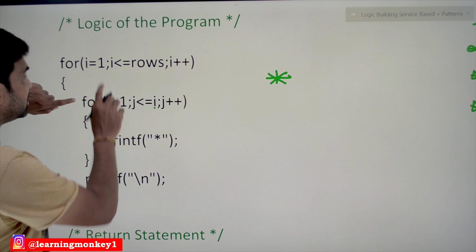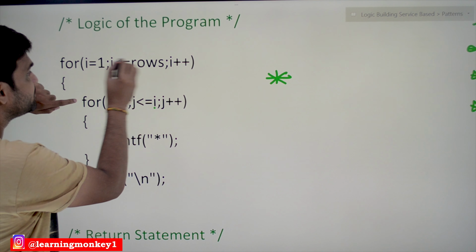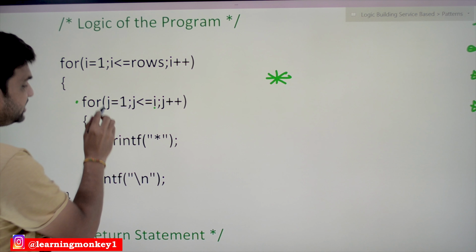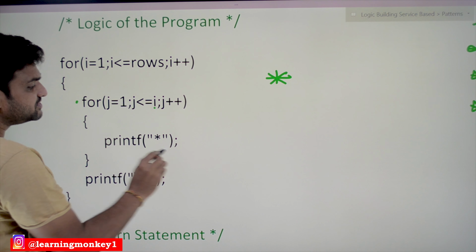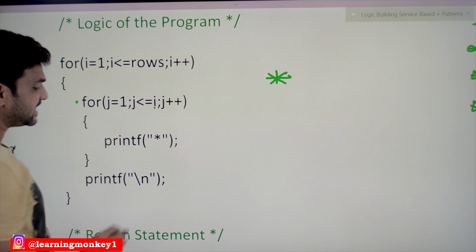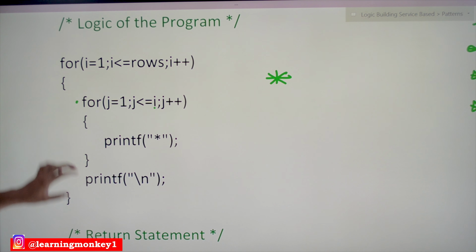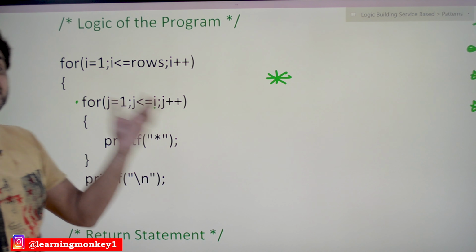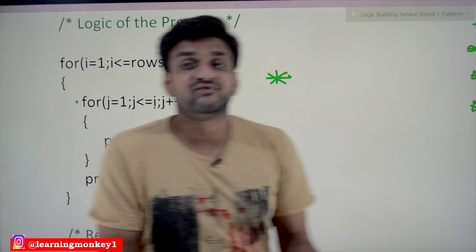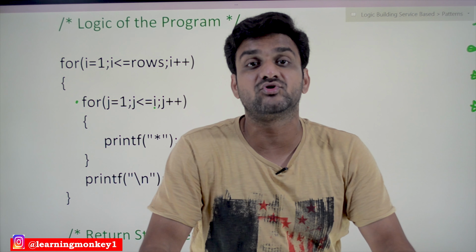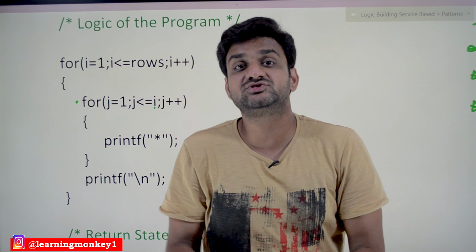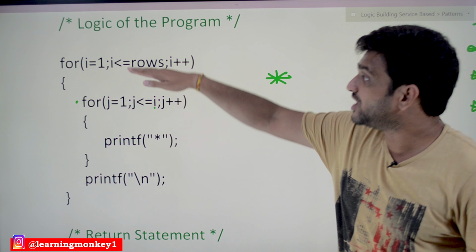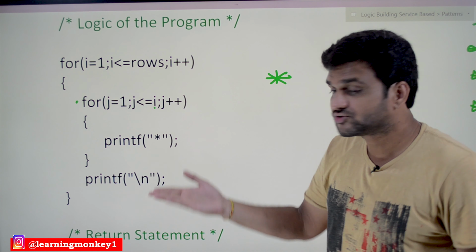So for I is equal to 2, this for loop is going to iterate 2 times, and every time it is going to print a star. Then, out of this for loop, it is going to print the next line. What is the job of the external for loop? The job of the external for loop is to count the number of rows. Counting the rows happens with this new line statement, so after completion of one row, we go to the next line.